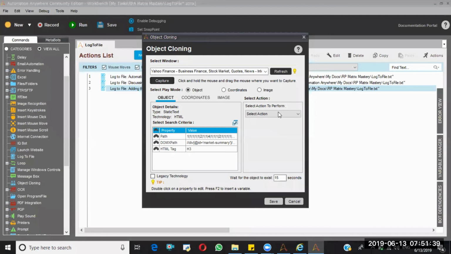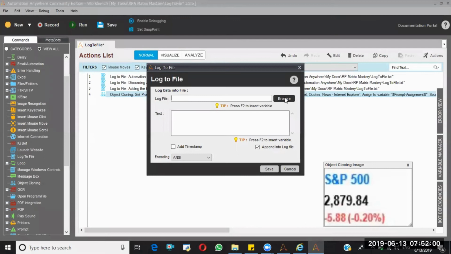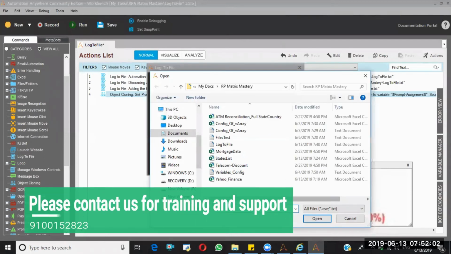So here, Get Property, and I'm taking inner text and assigning it to the prompt assignment. Save. Now this value has to be saved in a text file, so that's the reason I'm selecting Log to File. Here I'll say SNP.